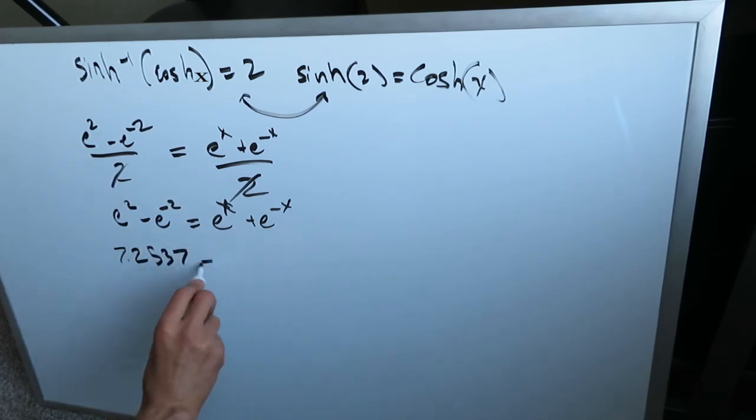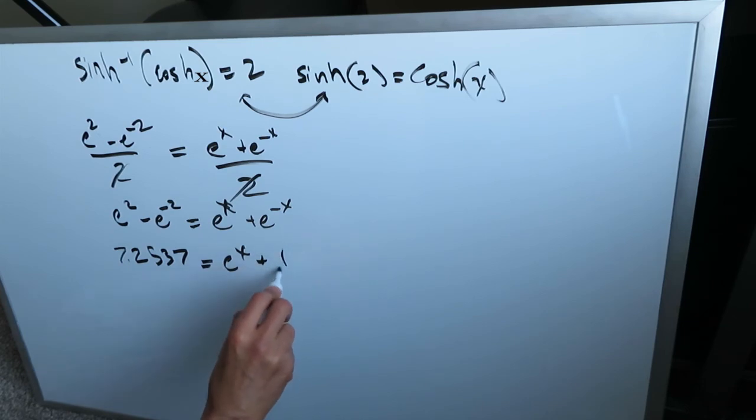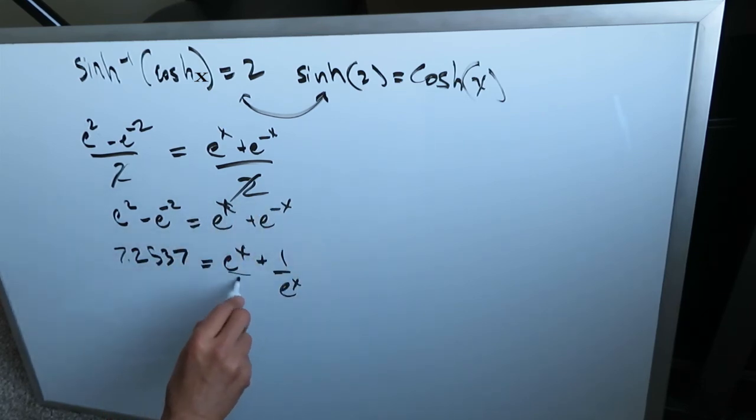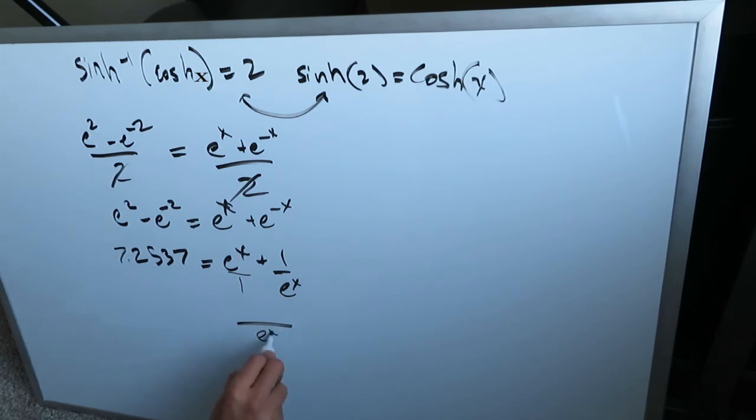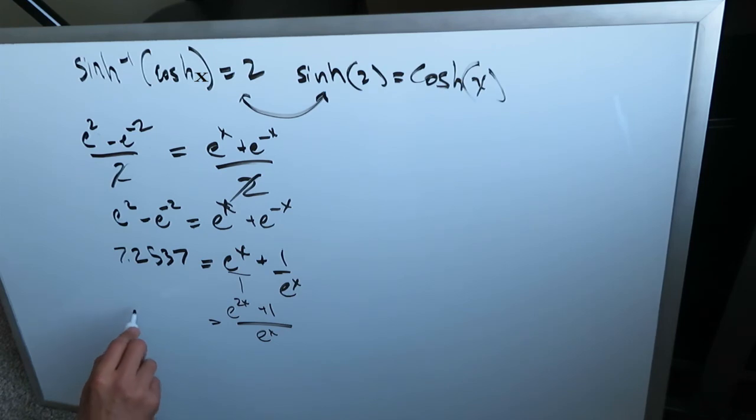7.2537 now is equal to e to the x plus 1 over e to the x. Remember, reciprocal brings out a fraction to a common denominator, e to the x. 1 goes in e to the x times, you get e to the 2x plus 1. Remember, most of these questions will end up involving the quadratic formula, because you end up creating a quadratic equation, the ax squared plus bx plus c. Bring this over here in a multiplying format. You're going to get